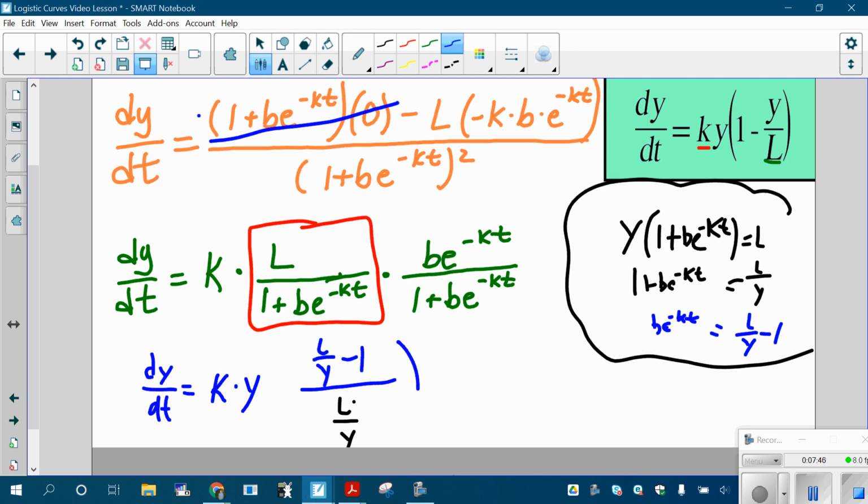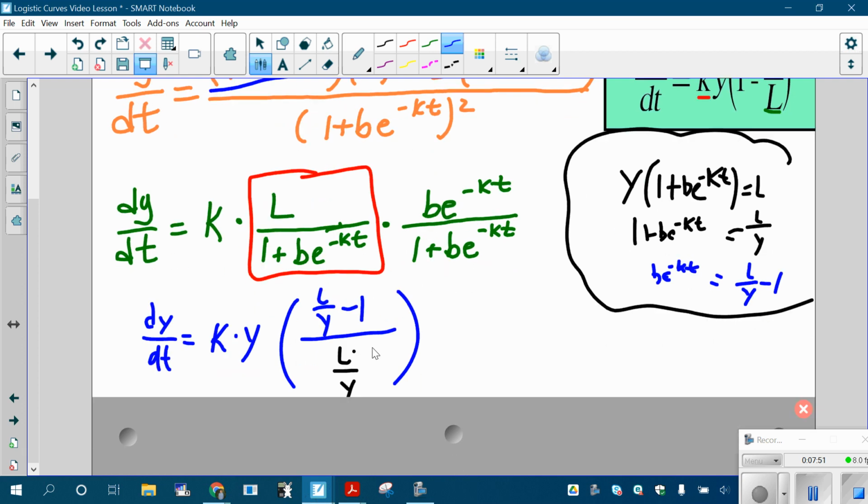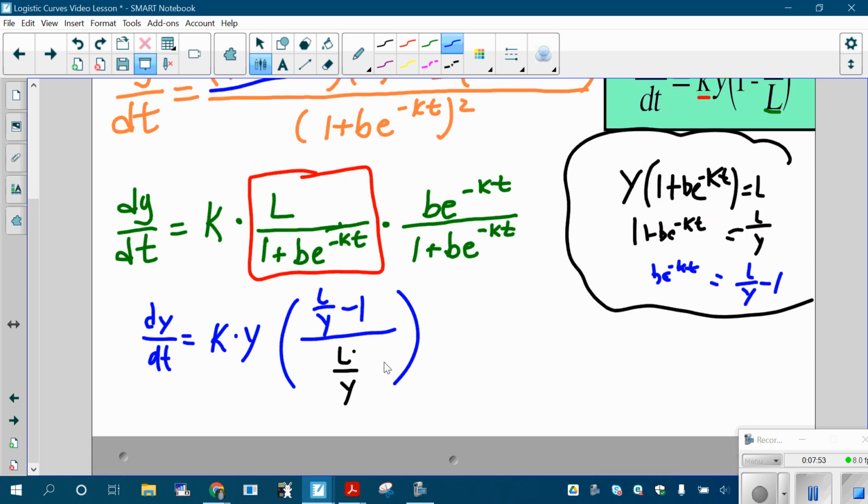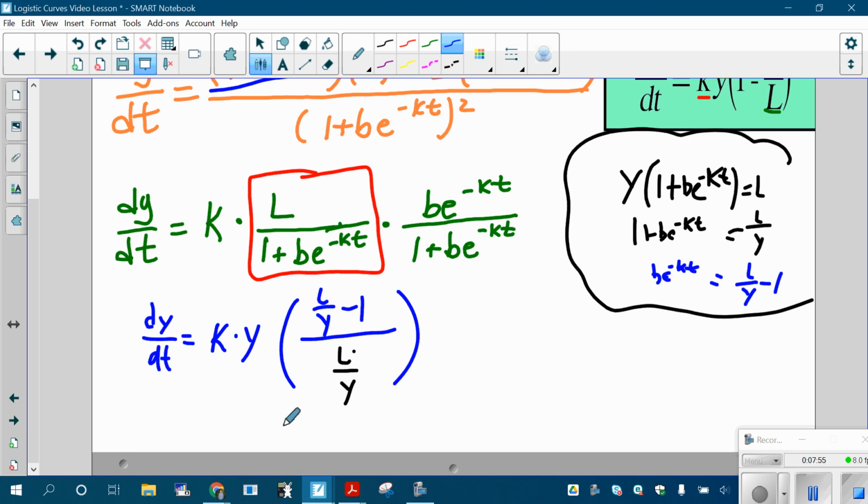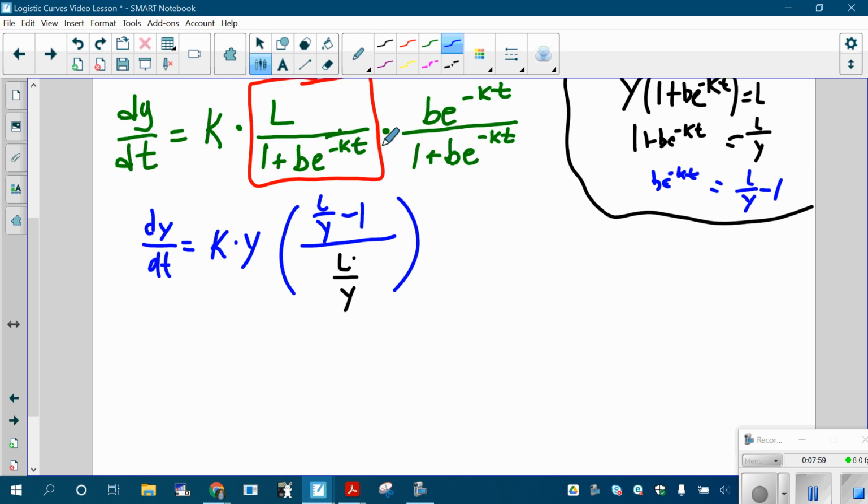Again, why am I doing this simplifying? Because I'm really trying to get it to look like this. Okay, and now I'm almost there. What other simplifying can I do here? Give me a second. I can do some rubber banding here. So, a little butterfly. I get 1 minus, what's 1 divided by L minus y, multiplied by the reciprocal, it's y over L.